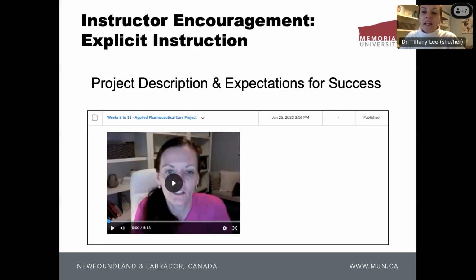And so along the way, I used the online tools in Brightspace to really help provide clarity on the activity as well as what the expectations for success were. And so I often within Brightspace use the video note function. So this is available both within the announcements widget as well as within the discussion board, for example. And so instead of using written text to provide a description of the project, what I did was engage in using that video note. And that also appeals to various different